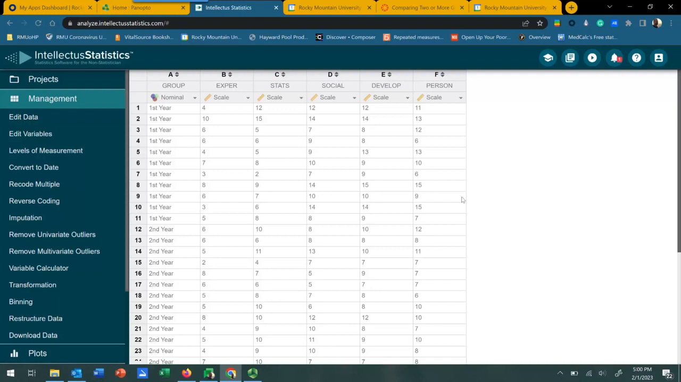I'm going to demonstrate how to perform a simple linear regression. And what I mean by simple linear regression is that we are going to use one quantitative predictor variable to predict the score on one quantitative outcome variable. So one of the assumptions here, or a couple of the assumptions actually, is that the relationship between these two